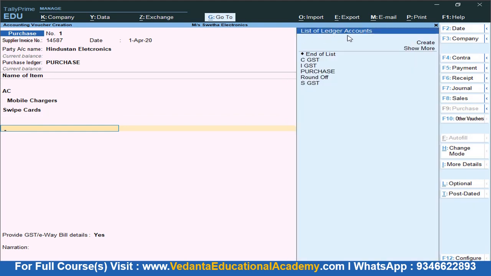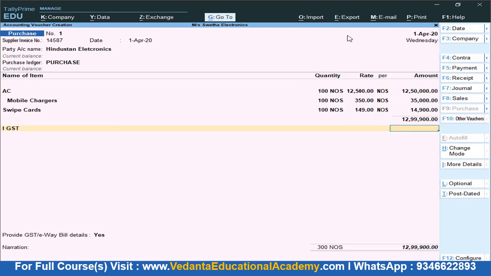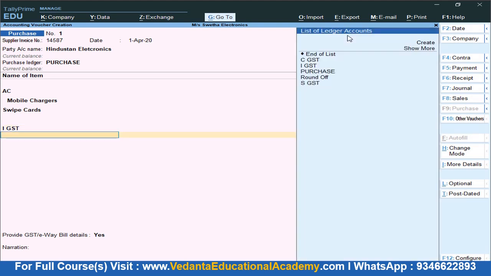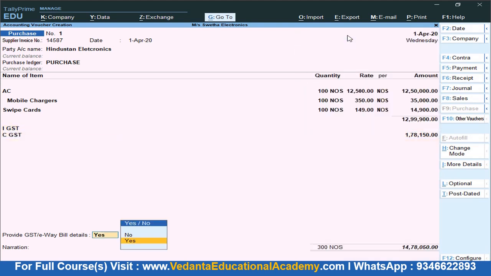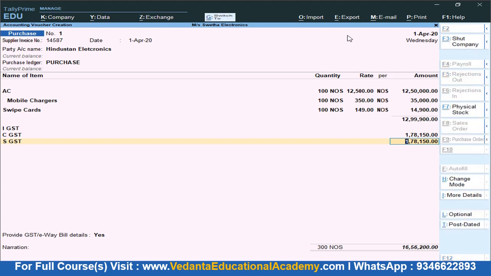In the ledgers, we already created CGST, SGST. Yes, we are in Telangana. Even our counterparty Hindustan Electronics is also registered under Telangana. So for a local party, if we charge IGST, it won't charge anything, because for a local transaction we should charge only CGST and SGST. That's it. Now it has been charged, and directly you can save the voucher by pressing Ctrl+A.